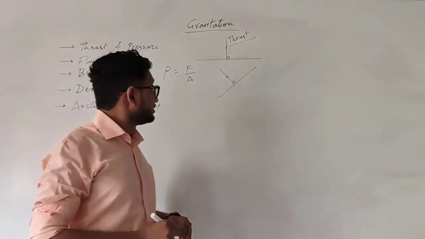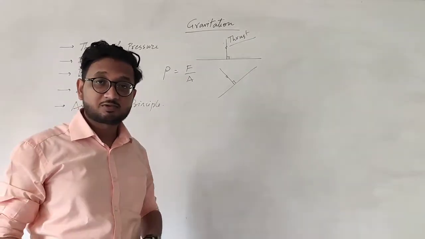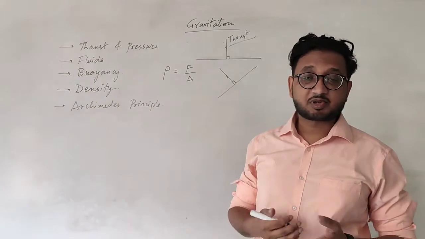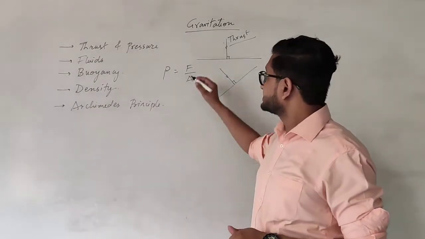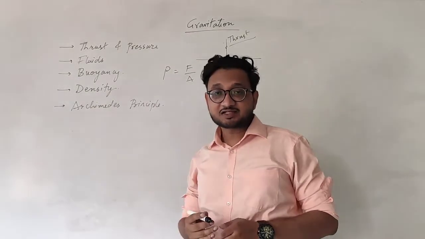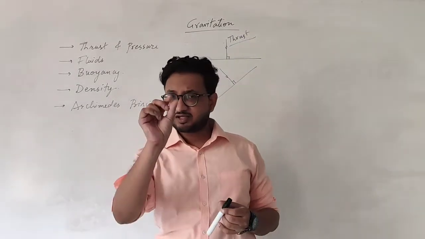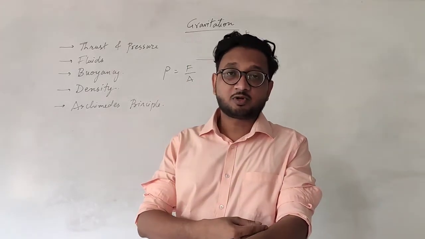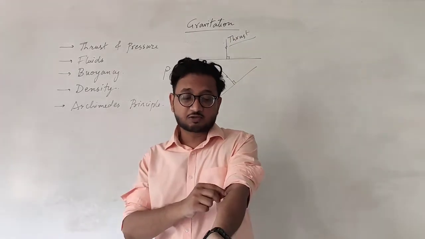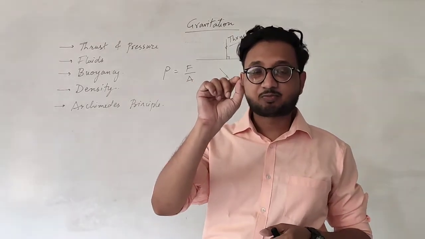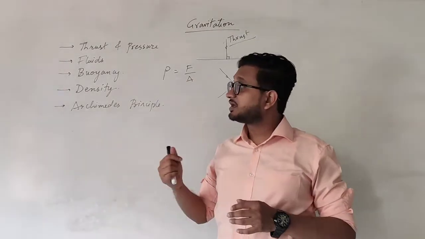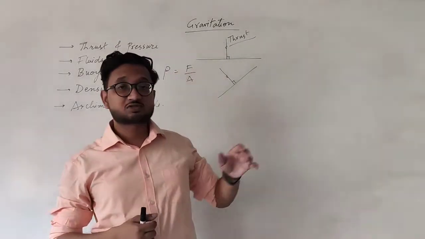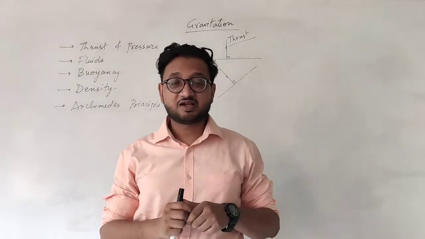Okay? So when the area is smaller, the pressure is more, and when the area is larger, then the pressure is less, if the force is kept constant. That is why we studied in the 8th standard that when the area is smaller, like the needles of the injection, the pressure increases on one particular area. That is why the point of the needle is very sharp. Similarly, when we are using nails and a hammer, if you want to use nails on the wall, the point of the nail is very sharp.